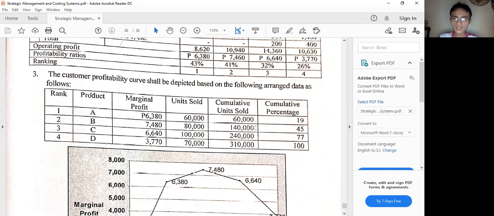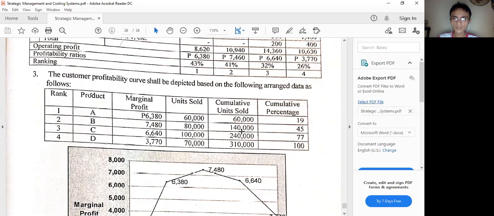Then 140 cumulative is the sum of product A and B. So in other words, to be able to make the customer profitability curve, we have to make this particular rank or ranking table for the products A to D. And we have to supply, of course, the details. Then we have to place on top the first in rank up to the last so that we will be prioritizing the products that are producing more profits to the company. All right, so operating profit divided by the sales. Okay, so here we have the